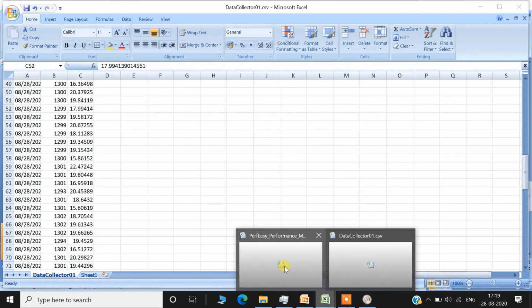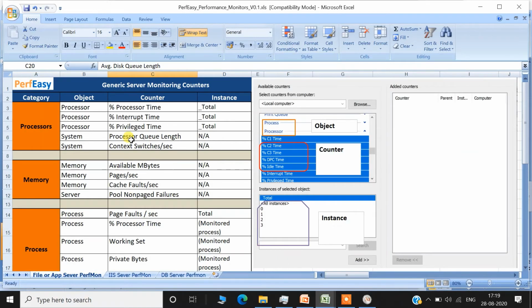So let's move on to some of the counters, or the important performance indicators, that we should add when we are setting up the perfmon counters and monitor. Although Windows provides hundreds of counters, these are the major counters that we should monitor at the first level, and based on the analysis of these statistics, we may need to add more detailed counters as well.